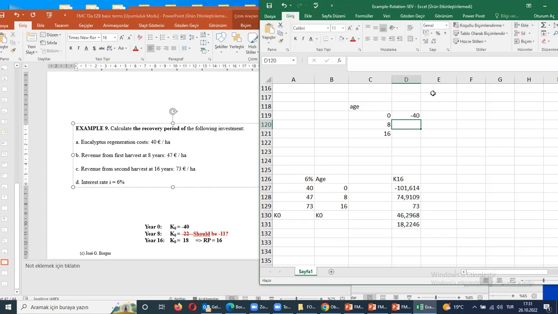For the age of 8, the income is 47. $47 divided by 1 plus the interest rate, which is 6%, to the power of 8 years,